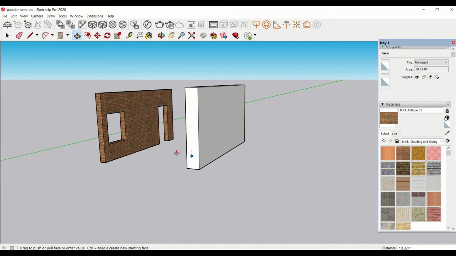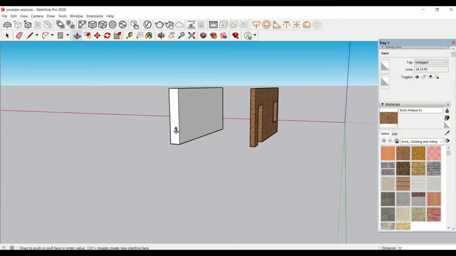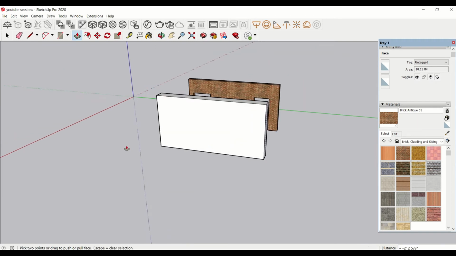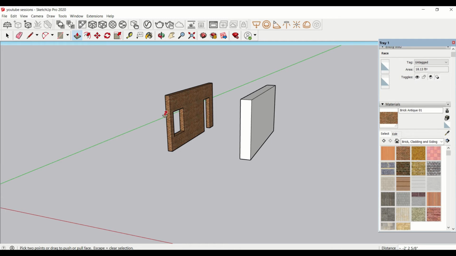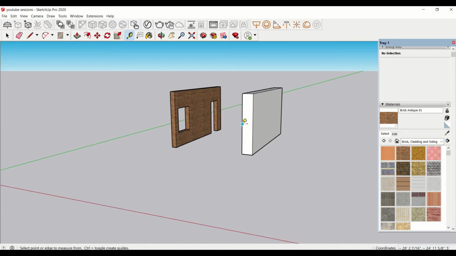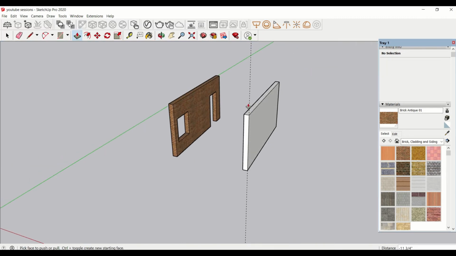I will also use the push pull tool again. I can draw a wall of the same length and same height like this, but I can't draw a wall of the same thickness. So for that I am using the tape measure tool. Using the tape measure tool, I can draw a reference line at a distance of 10 inches. Now I can use my push pull tool, and under the guidance of this line I can just click over here. This line is also known as a guideline, and its use is to basically guide the architect to the